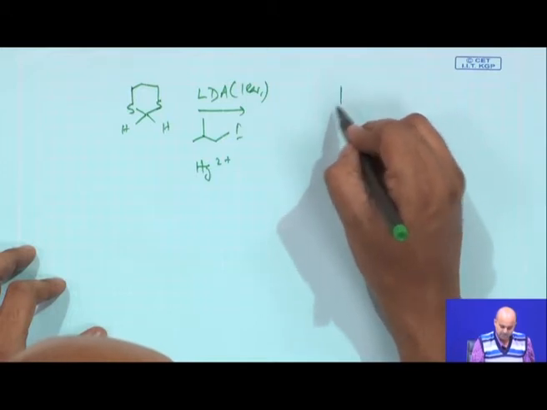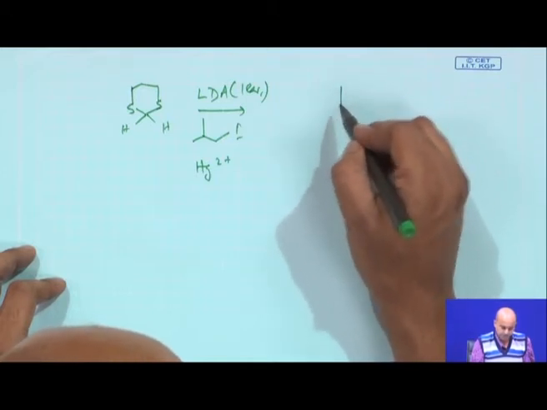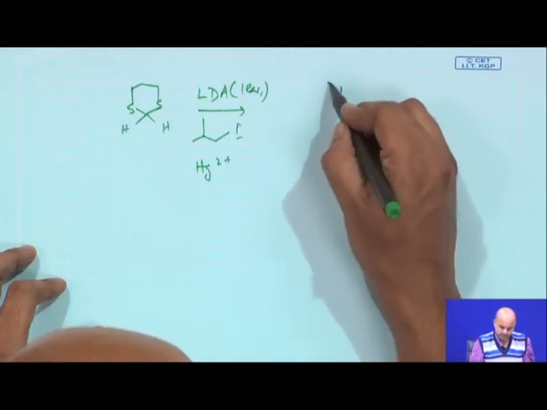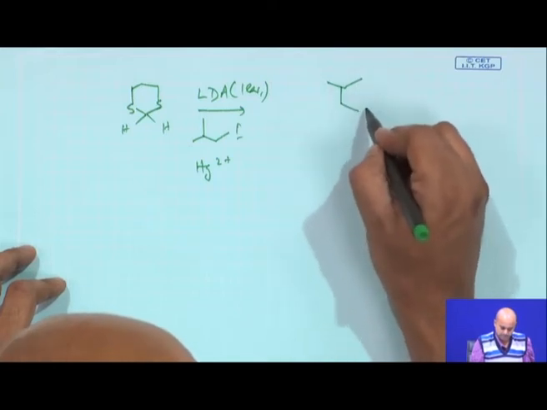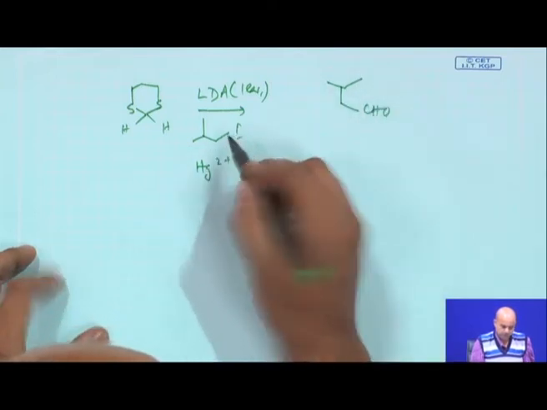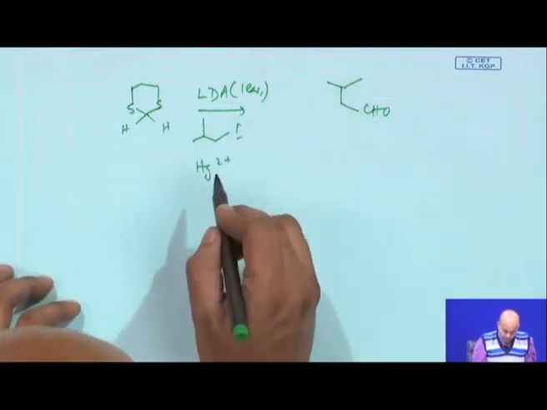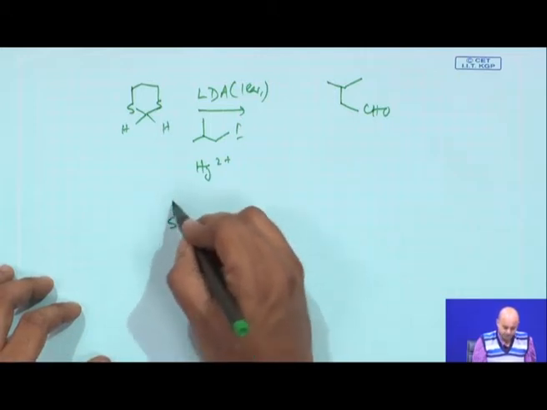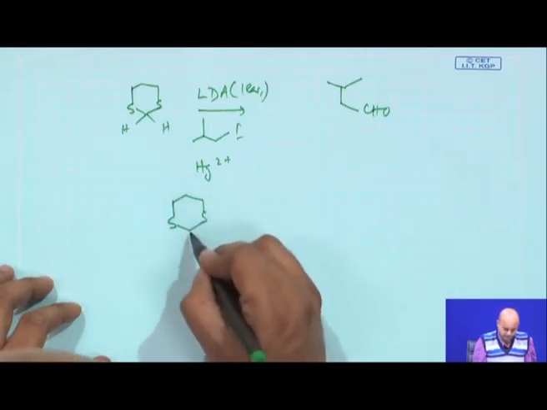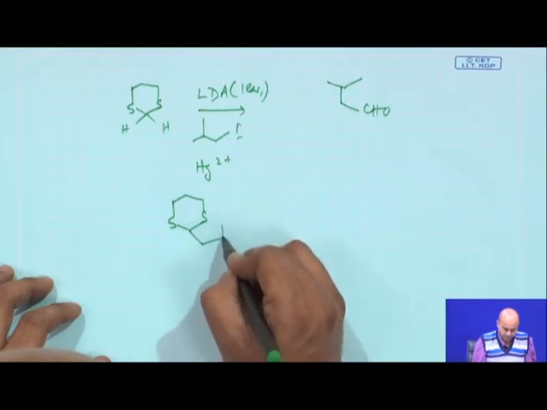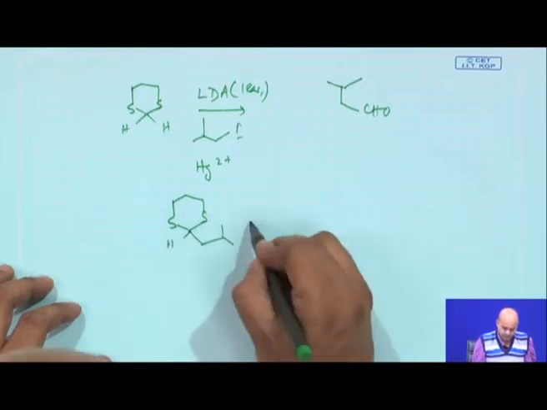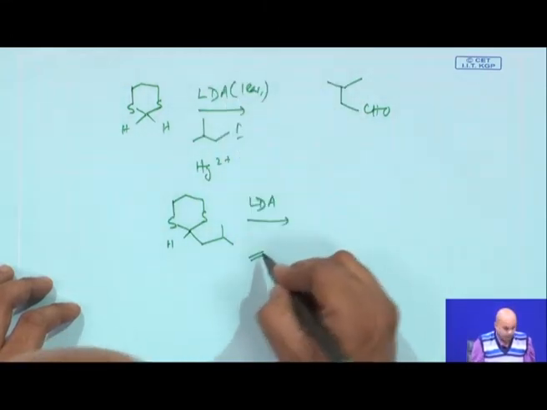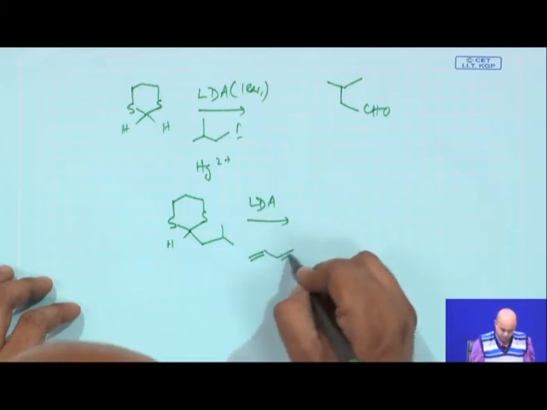So, initially we will basically get this isobutyl CHO. Or the other way, you do not put the mercury here, you first do the synthesis like this, keep this hydrogen, now put another equivalent of LDA and your another electrophile which was given to you,